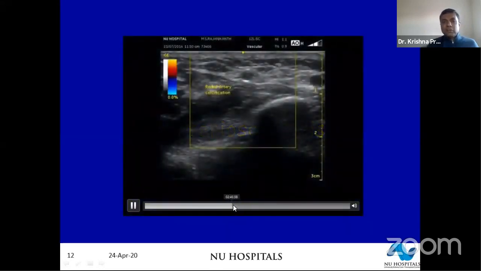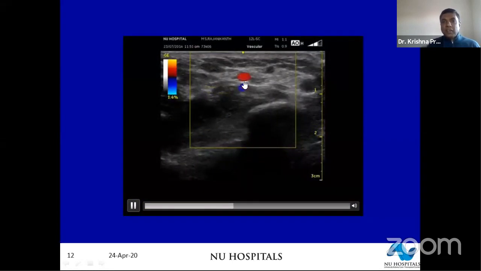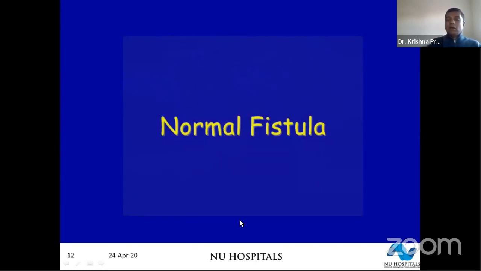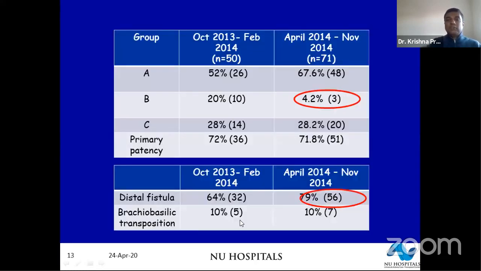If you look at arteriosclerosis, you will find the calcific patch. You can see this patch, which is on the posterior side, is otherwise fine. If you find it on the anterior aspect, probably will cause a little trouble for you when you create a fistula. So you might ask, what is the advantage of doing all this prior to creating a Doppler other than just finding out the site where you want?